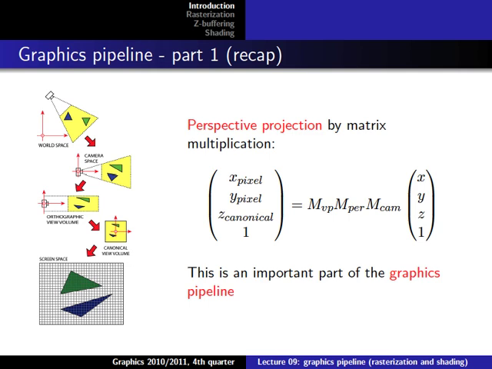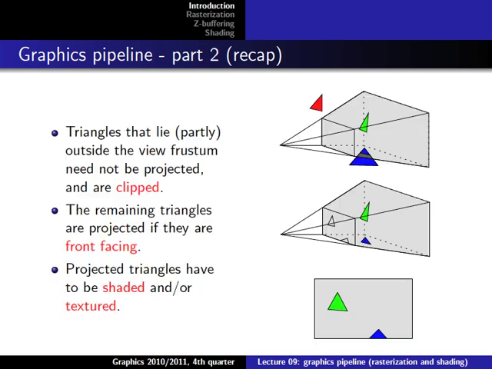We saw that by extending this matrix format, by extending the notion of homogeneous coordinates, we can do all this with matrix multiplication. And then last time we